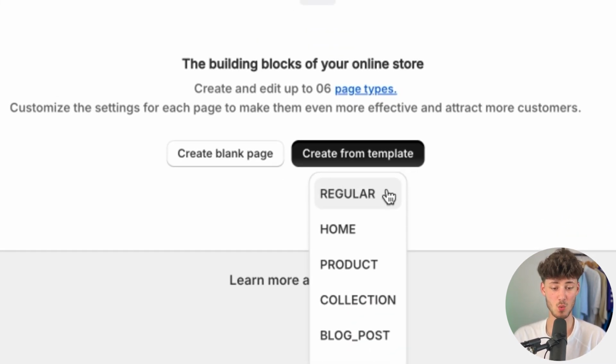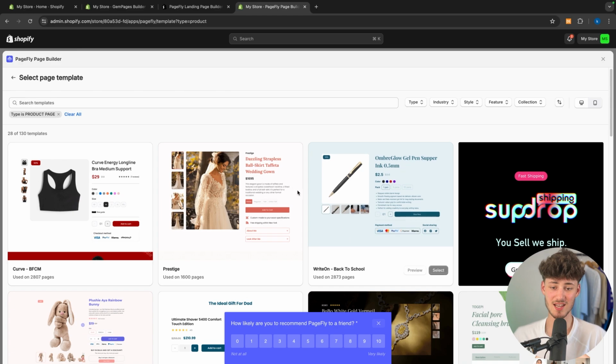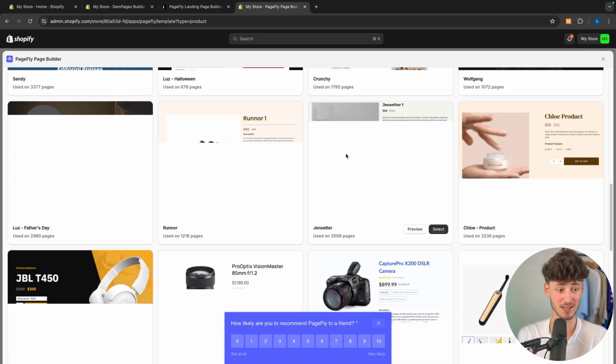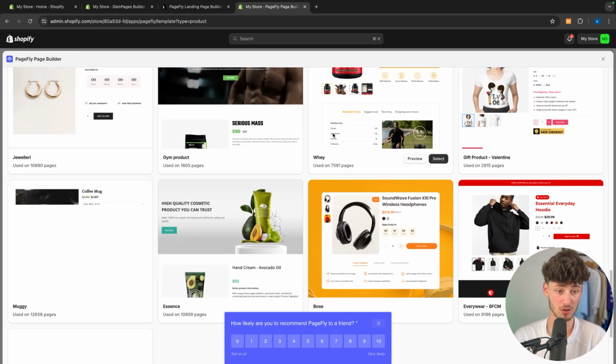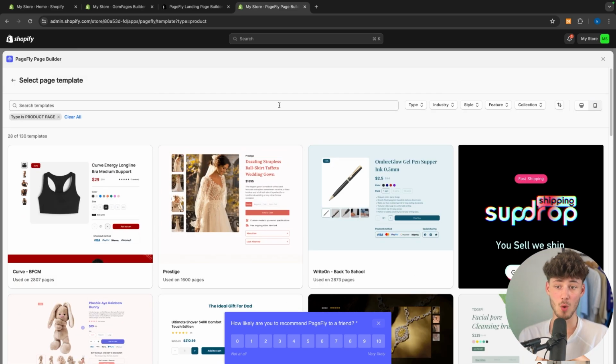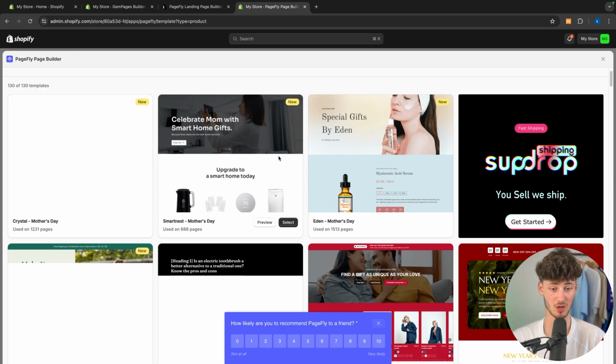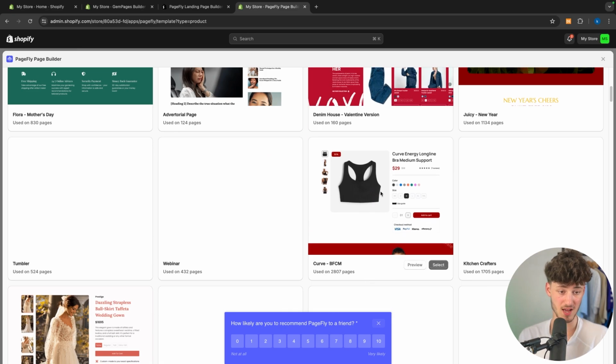Now, as you can see, when it comes to the templates, they do have regular templates, home templates, product templates, collection templates, blog post templates, and even password templates. I'm just going to select product right here, and as you can see now this is going to give us 130 different product templates which we can now all use for our Shopify store, which is pretty mind-blowing. Additionally, as you can see, they are also going to have different kind of homepage templates, as you can see